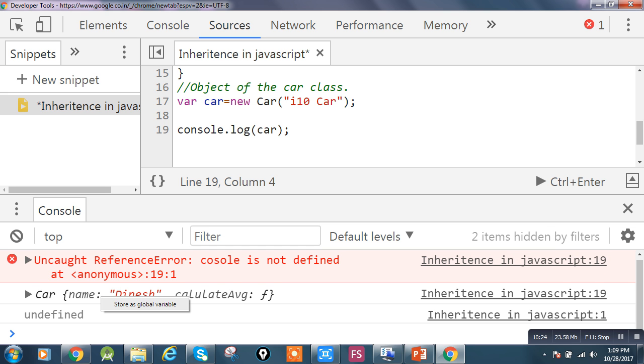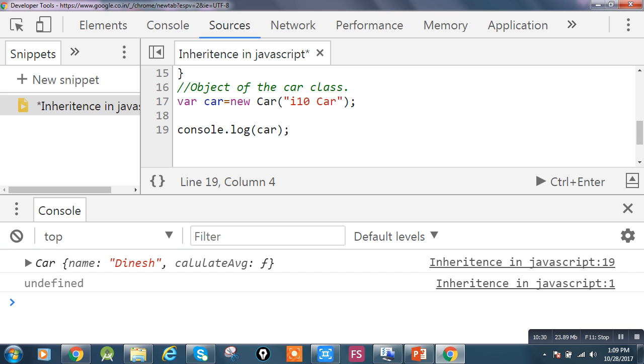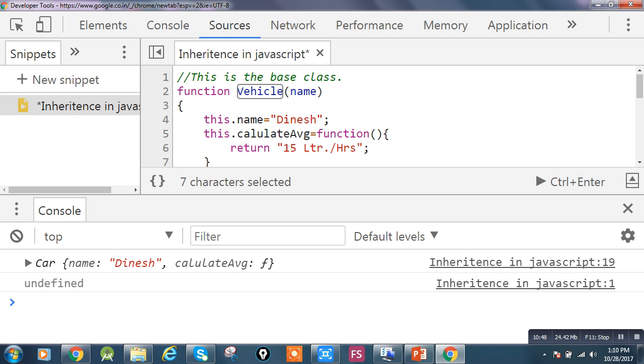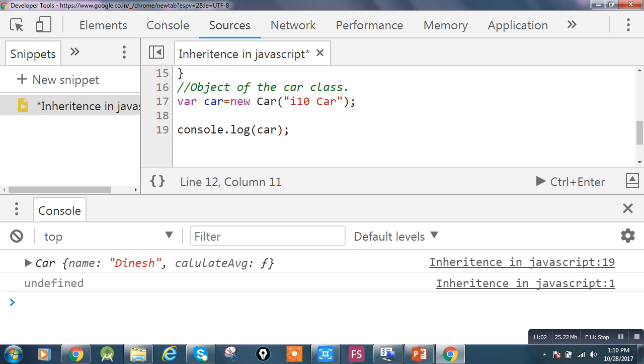You can see I haven't declared any property or function inside the child class, but I'm getting the property and function of the base class, I mean the vehicle class. Since you know the vehicle class has property name and function calculate average, I'm getting those properties inside the car class object. So this way you can inherit base class in child class.